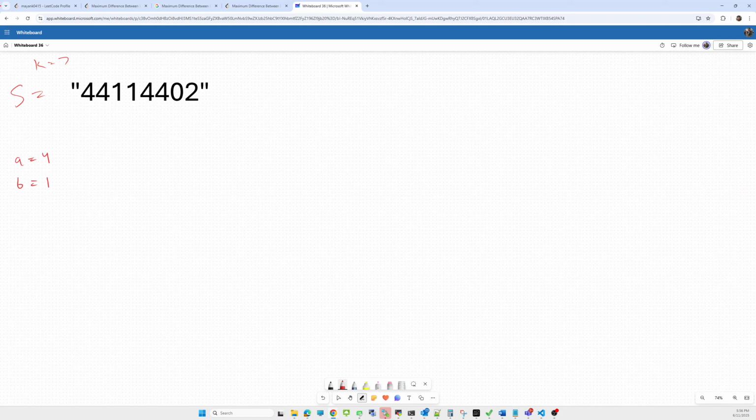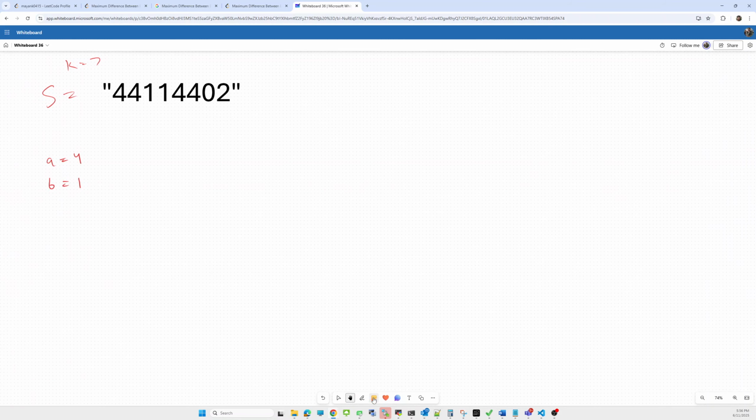Okay, A corresponds to odd and B corresponds to even. I will write down that A is corresponding to odd and B is corresponding to even. It means for character B we count the frequency for even, that is, we want the B count to be even and the A count to be odd.